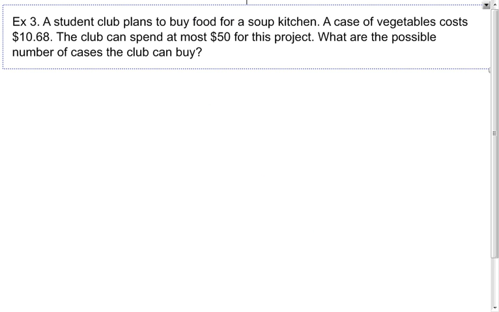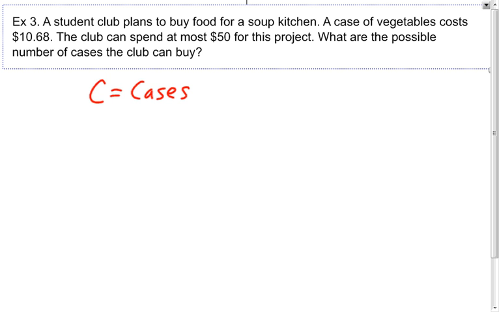inequality. Word problem. A student club plans to buy food for a soup kitchen. A case of vegetables costs $10.68. The club can spend at most $50. What are the possible number of cases the club can buy? So I'm trying to buy cases of vegetables. So c stands for cases. Each case is